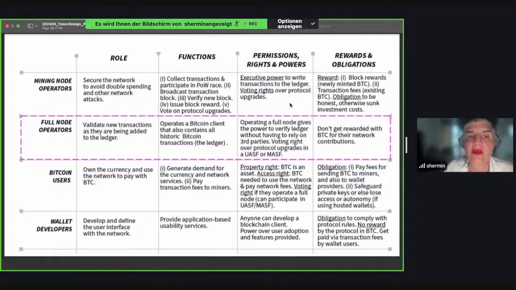Full node meaning that they would have to manage the whole state of the ledger on their computer, and with that could validate new transactions as they were being added to the ledger. So they would not rely on other people's data, but they could verify based on their own data if transactions are valid. The function of a full node operator is to operate a Bitcoin client that also contains all historic Bitcoin transactions. The permissions are basically